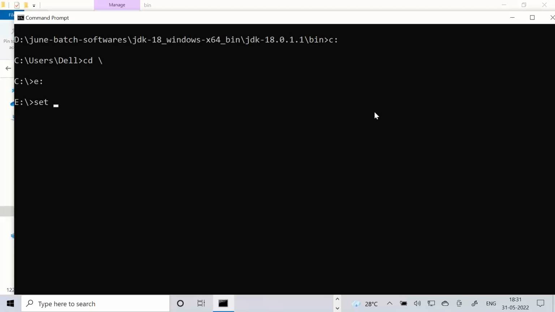Set space, from anywhere in the command prompt. It can be from C drive, D drive, E drive, anywhere, no matter where you are. From the same location, set space path is equal to